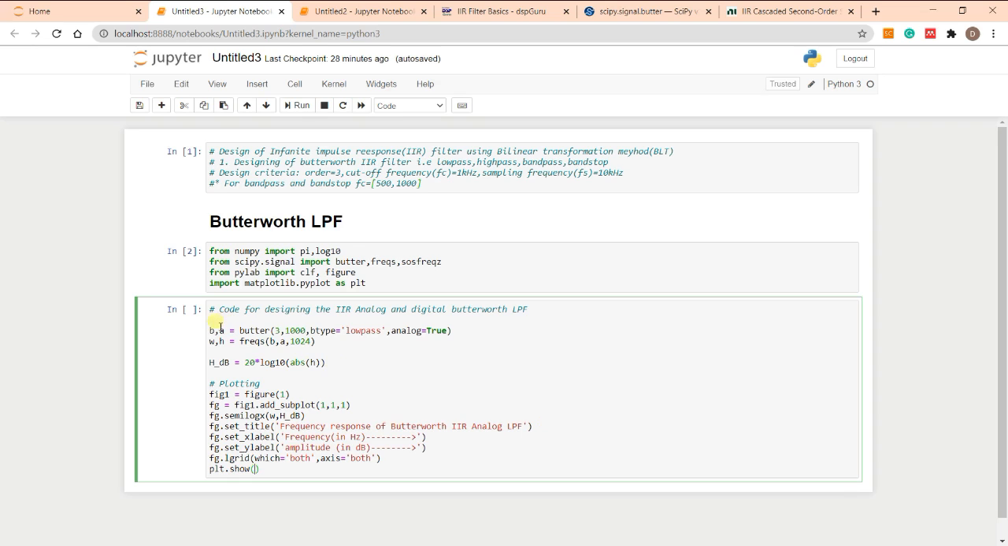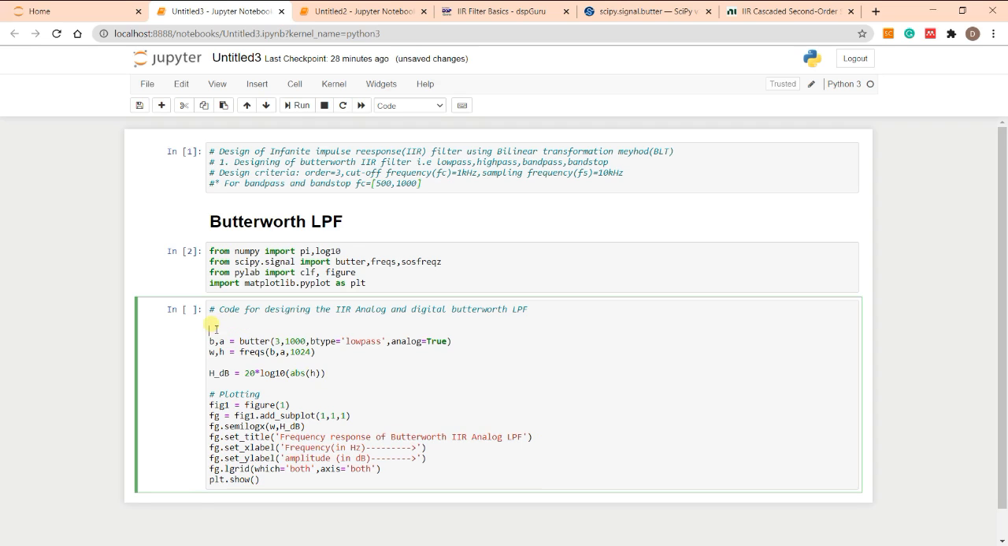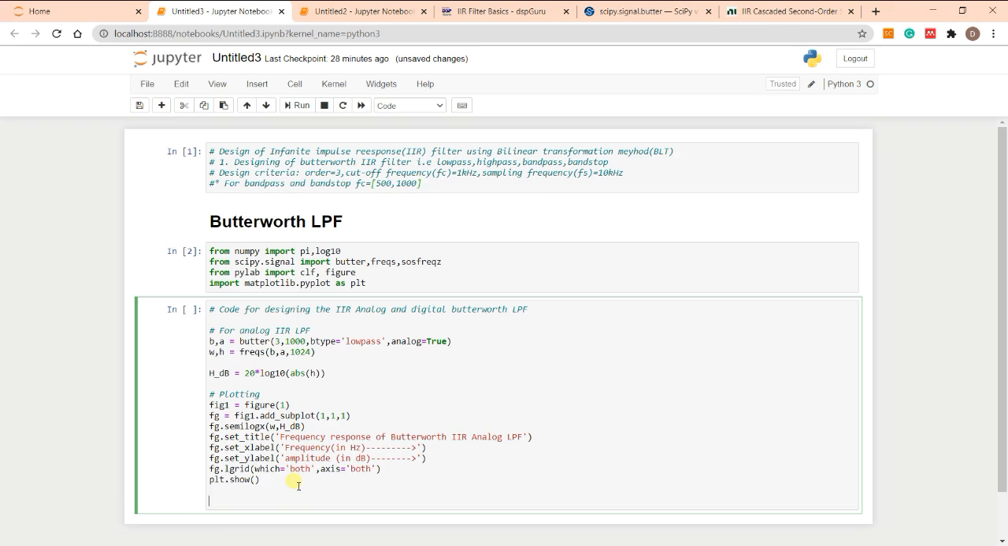Let me make a heading, make a comment here, that is for analog LPF. Okay, yeah, LPF. Now let's write for the digital IIR low pass filter. Okay, for the digital IIR low pass filter. So what's the changes that we are going to do here is,